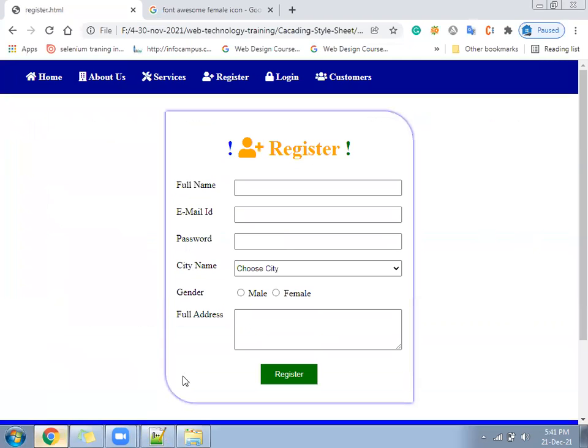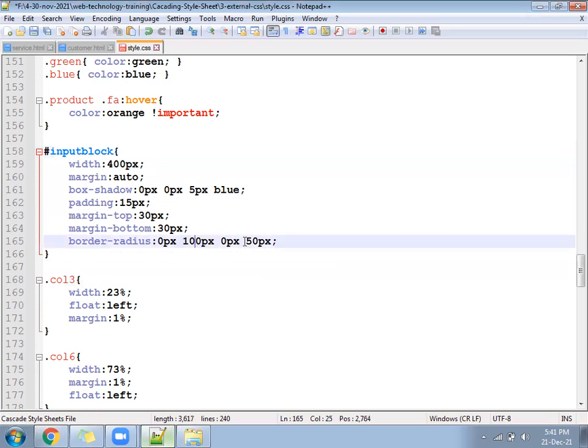We can make more radius. Instead of 50, 100. Box shadow you have made 0, 0, 5. From the left side, increase it a little. Instead of 0, put 20, 30.